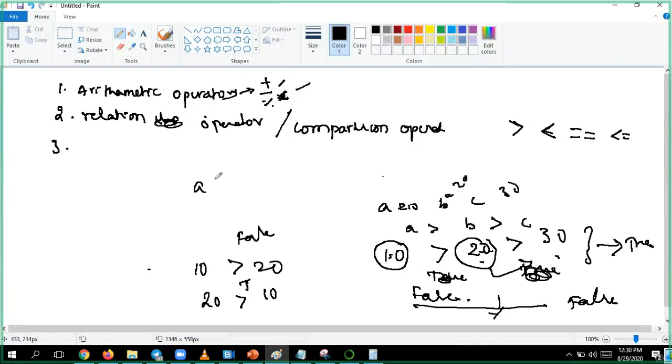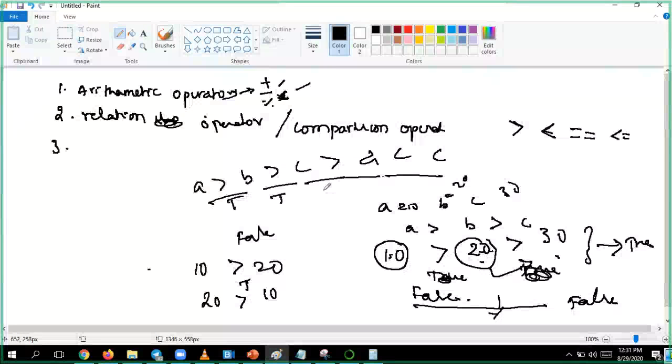If you have A greater than B greater than C, then D less than C or something like that, when I'm comparing these, if it is true, then it will go to the next. If this is also true, then it will go to the next. If this one turns out to be false, it will stop here and return false. Wherever the first false is encountered, it will be shown as false. Everything till the last must be true to display true on the screen.